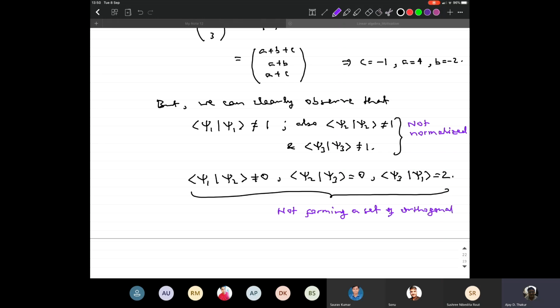Not forming a set of orthogonal vectors. And the question is, the important question,